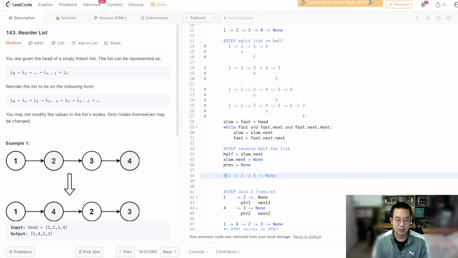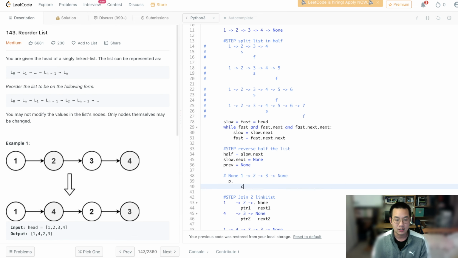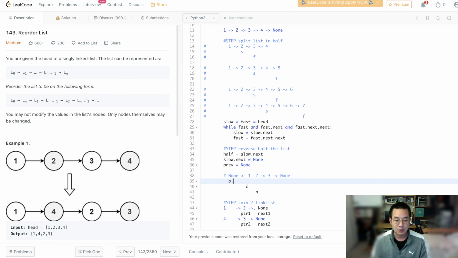We just need a previous pointer here, which starts as none, and we need a current, and we need a next. As long as we set the current to point to the previous, we're going with the quick version here. If you want the slow version, you can check the other video. And then we move the previous to the current, and move the current to the next, and repeat the process, pointing 2 to 1, and moving the previous to current, and the current to the next, and repeating it